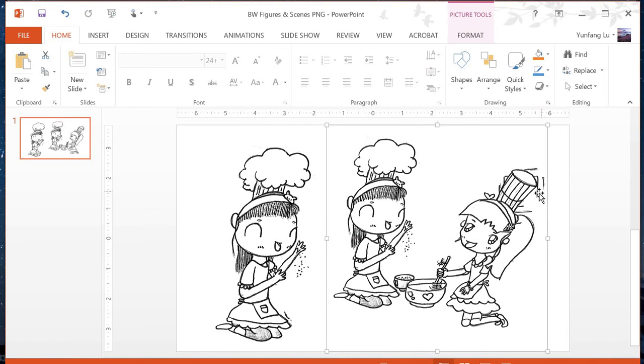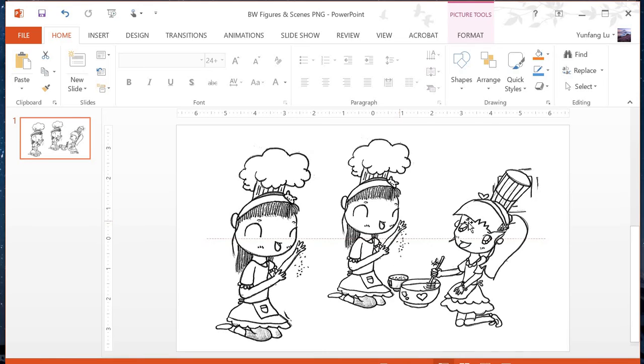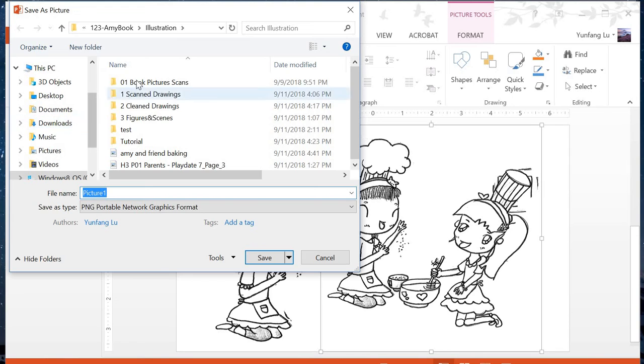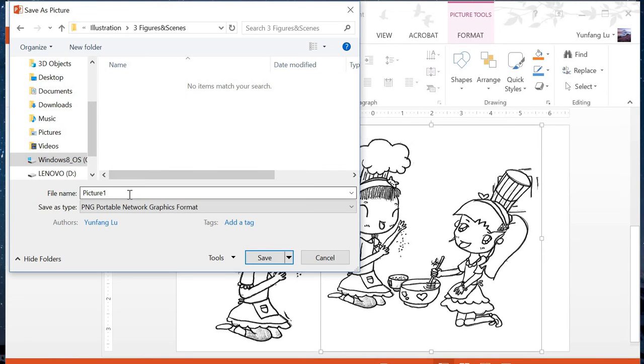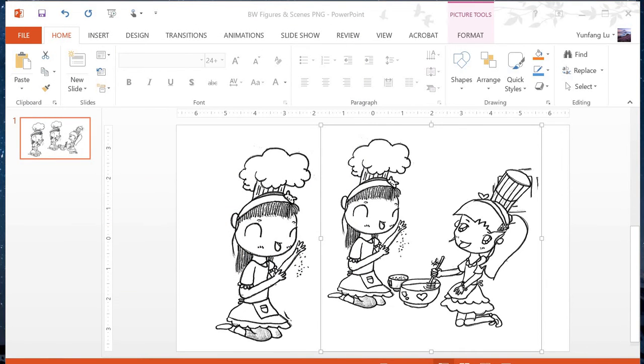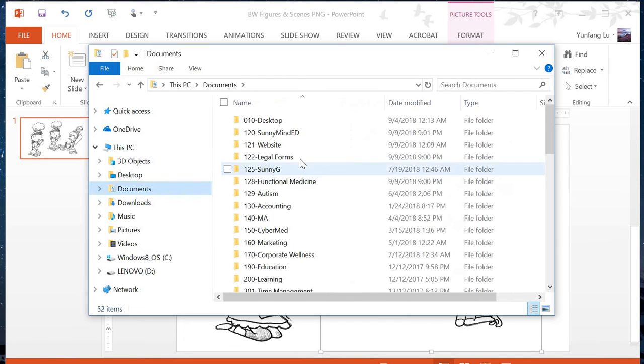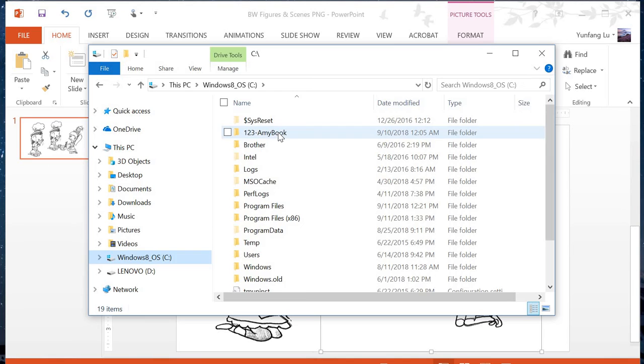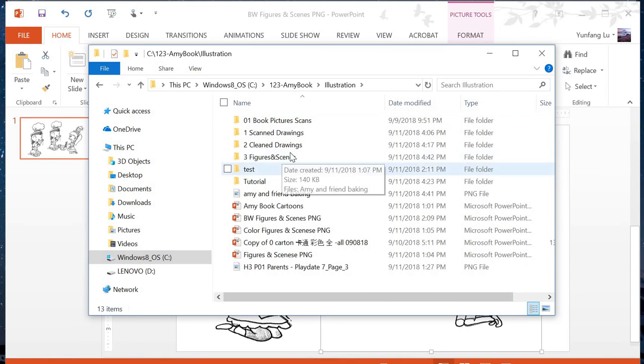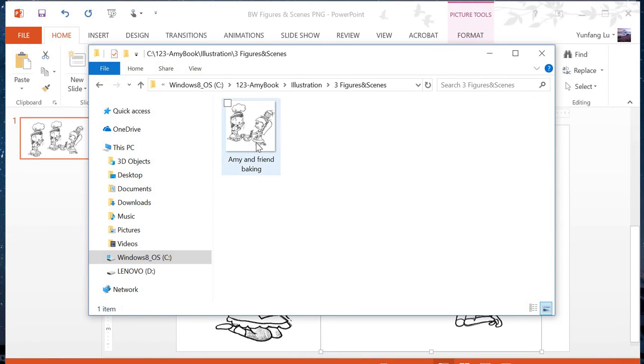Okay, notice that there are some extra lines over here which we can clean up later. Let me show you how to clean up this picture. So we do save as picture, illustration, figures and scenes, Amy and friends baking, and save. Okay, here it is. So let's open this up using Paint,